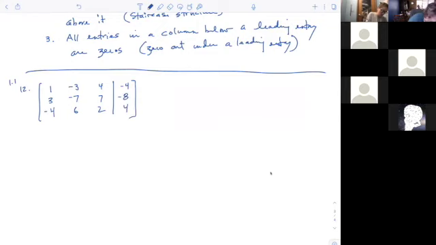Okay, so let me make sure I copied it down right. 3, -4, -3, -7, 6, 4, 7, 2, -4, okay. All right, so